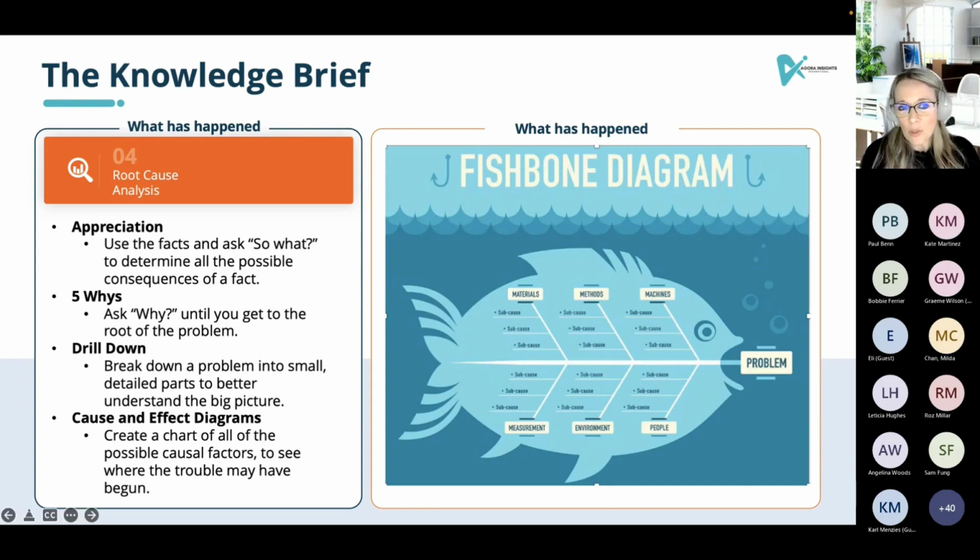So there's multiple techniques that you can use. You've got the appreciative inquiry, where someone would say, this is the problem, so what? And you would look at a whole bunch of consequences, or somebody would say, this is the answer, and then you say, so what? I usually find that this doesn't work very well. It depends on which team you're working with. The 5 whys also can be challenging because people often think that you are challenging them and not the problem. So you have to be very careful with the whys.